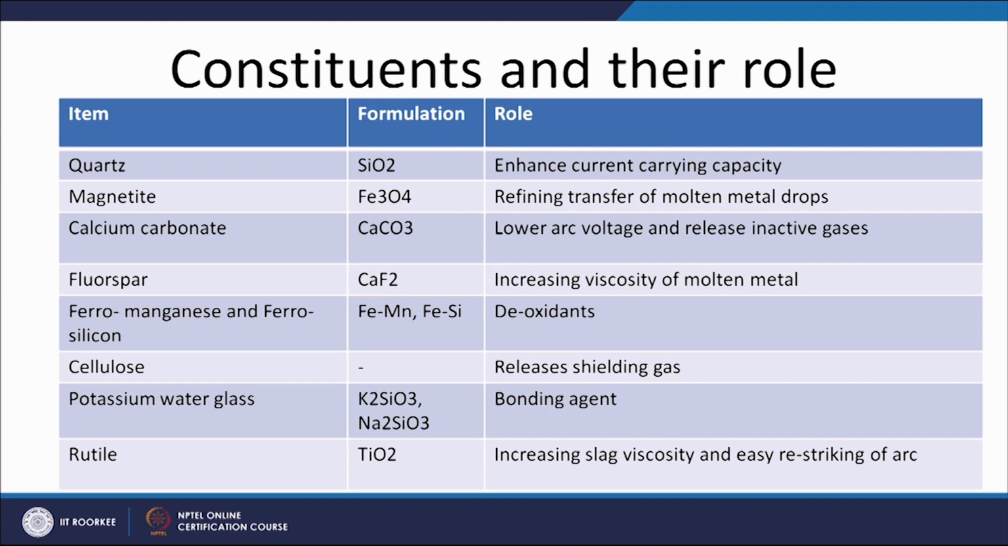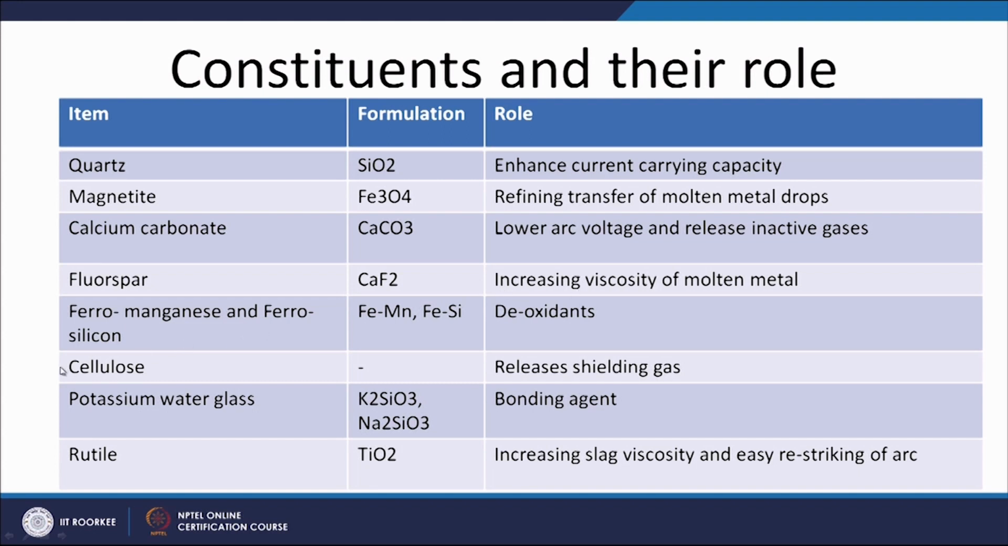For example, quartz is added for increasing the current carrying capacity, and magnetite is added for refining the transfer of the molten metal drops, which means it helps in achieving the spray transfer. Calcium carbonate helps in reducing the arc voltage and providing the inactive gases, so that the arc or weld metal can be protected, and fluorspar